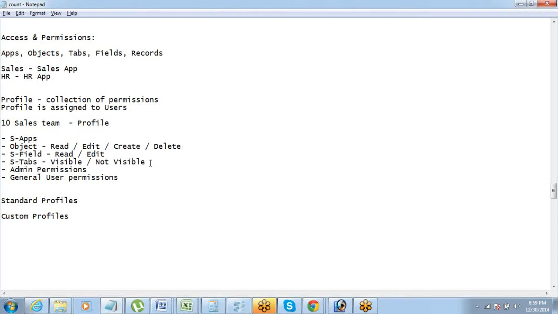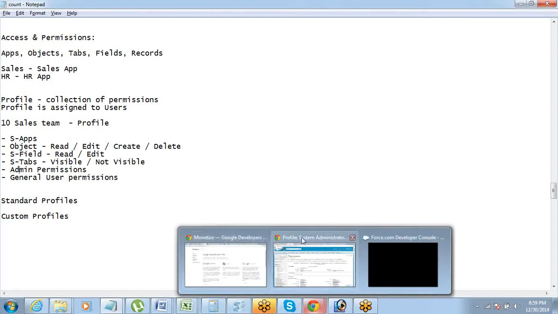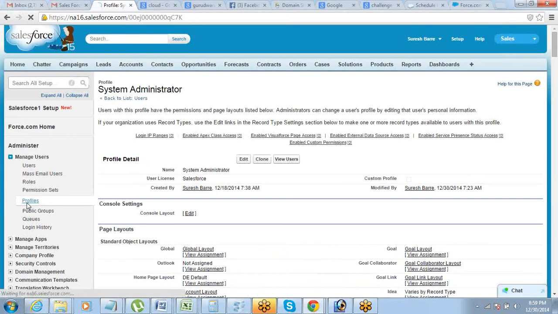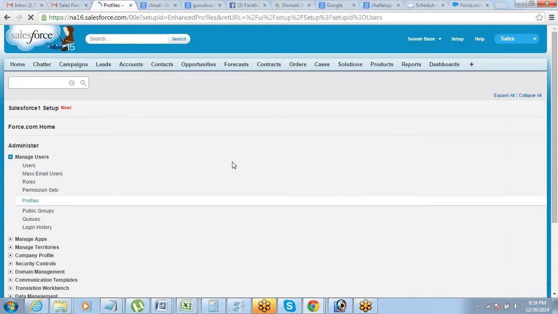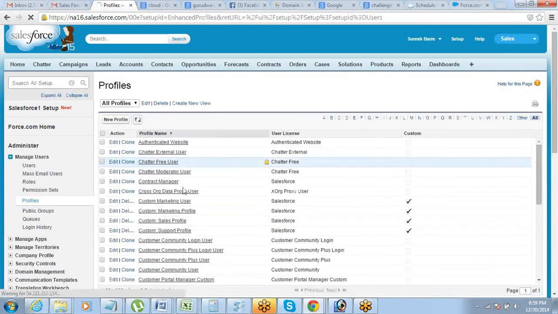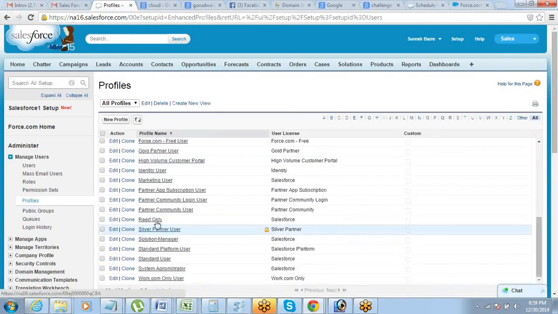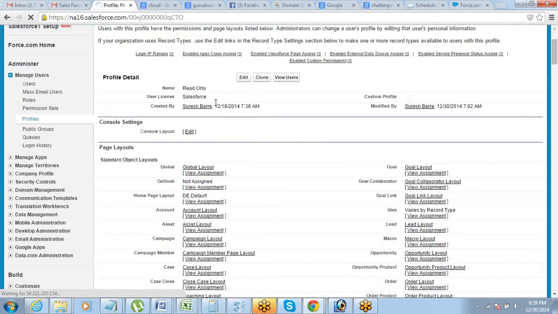So this admin permission, that is what we saw, right? Even if you forget it, after this session, just go to any profile, open it, click on edit, and you will get to see this.